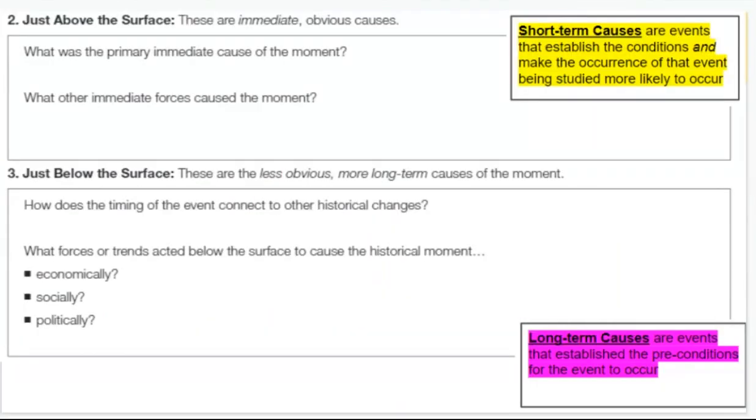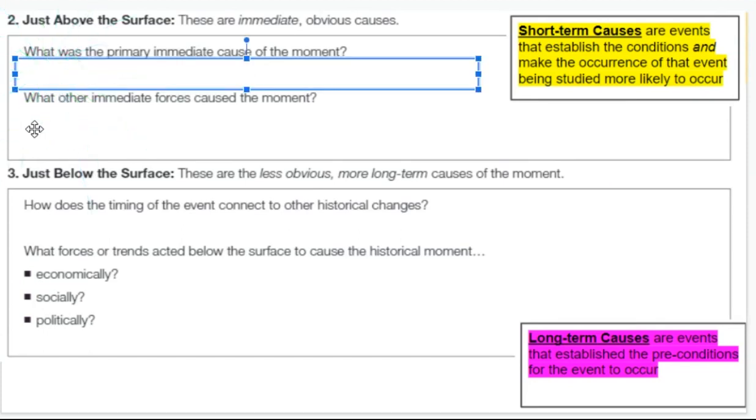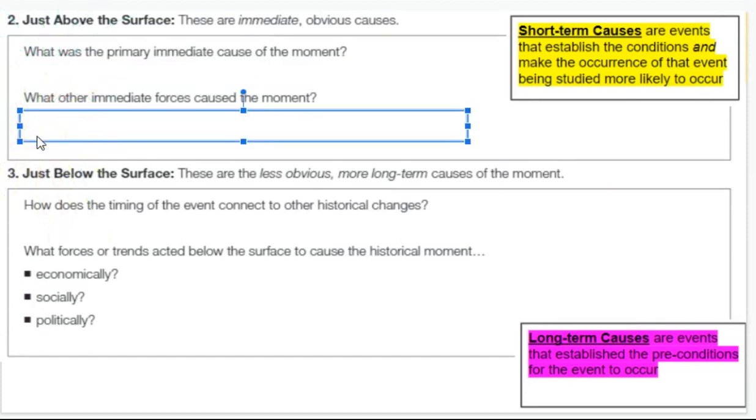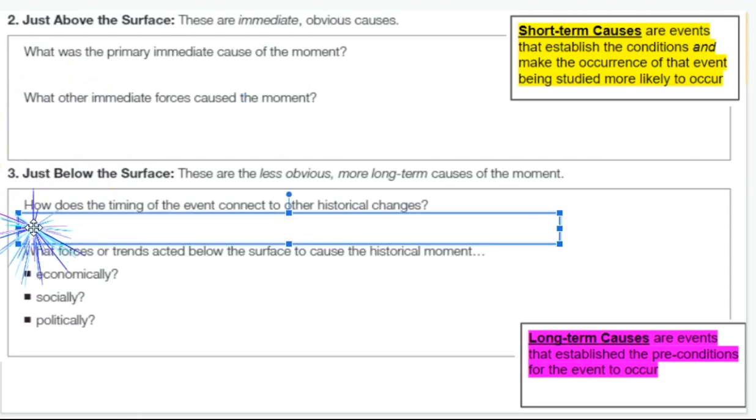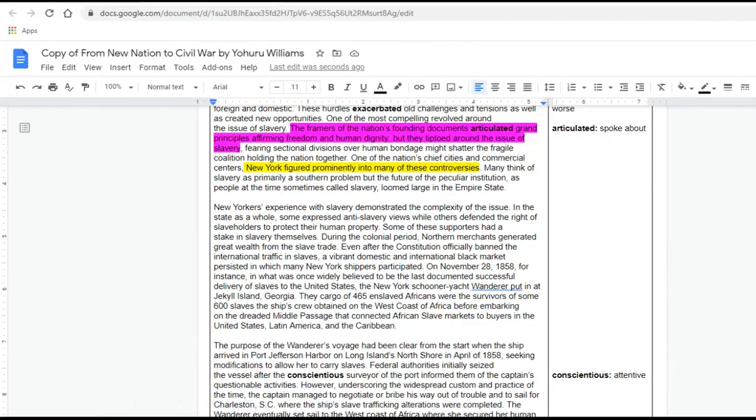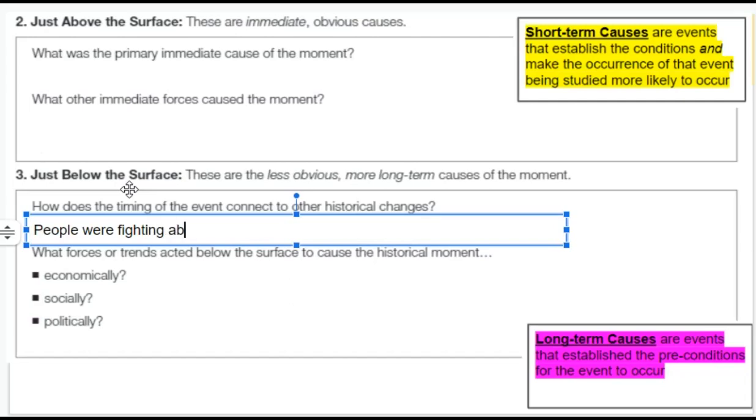Okay, next you're going to look at primary cause. You're going to read about this whole fight about slavery. Immediate forces caused the moment. It has to do with the slave trade. How does the timing and the vector connect to other historical changes? I would put in over here from what you wrote, highlighted: people were fighting about slavery since the Constitution